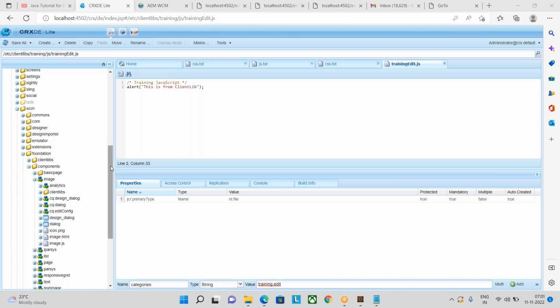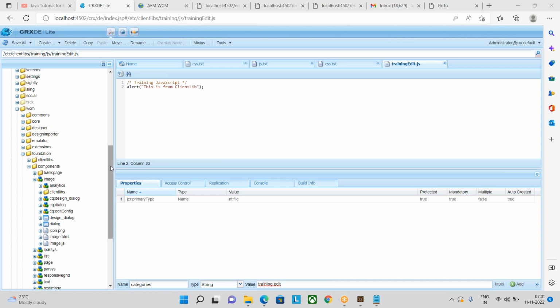Because the JS and CSS files created under this client library are specific to this component only. But the client library that we created is applied to your page, the entire website. But this client library will be applied to your component only. Instead of creating, I got that, but I could see you told in the beginning